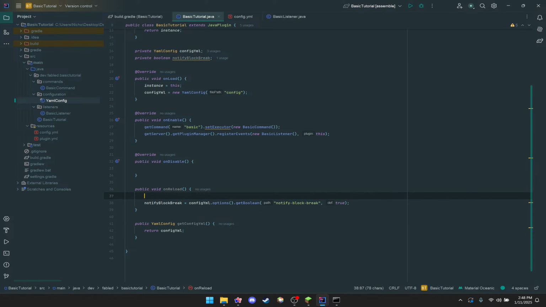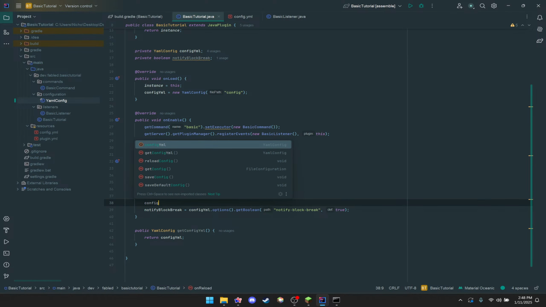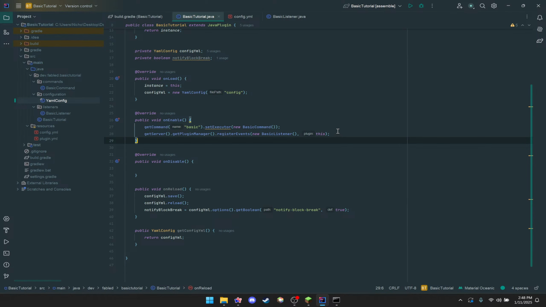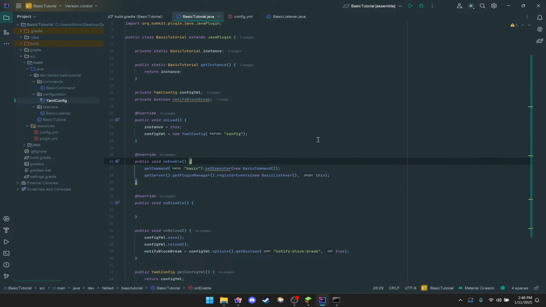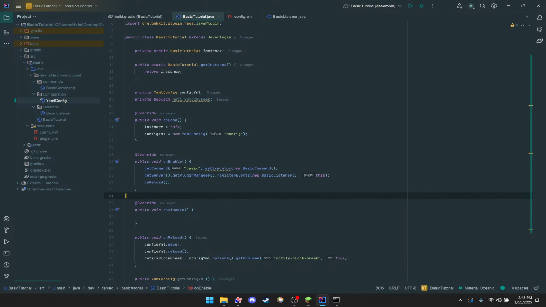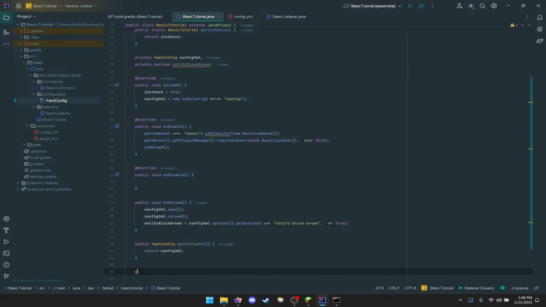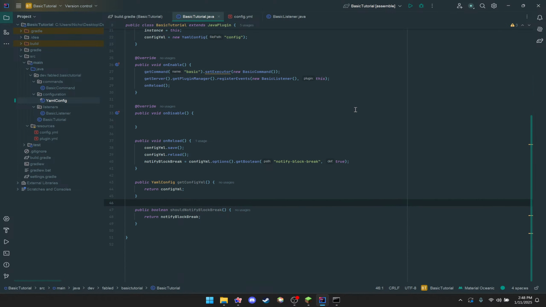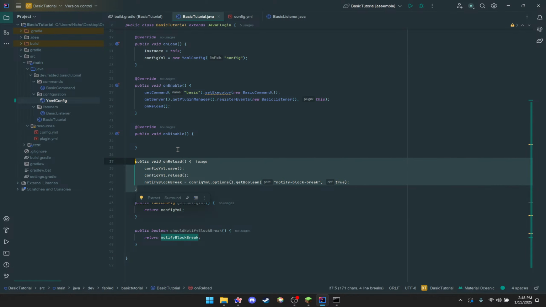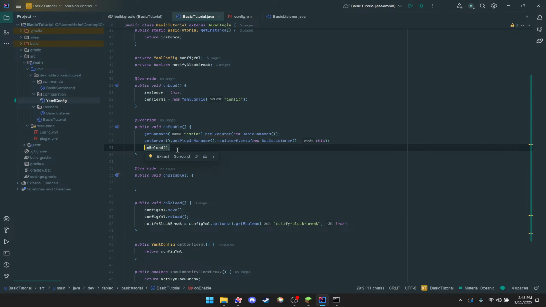And before we get this, we want to say config save and config reload, right? And now we can simply call onReload right here, and we need a getter for our listener to get the notifyBlockBreak. shouldNotifyBlockBreak. There we go. Now we have our onReload here. It'll be called in our onEnable. That way it just, you know, sets the